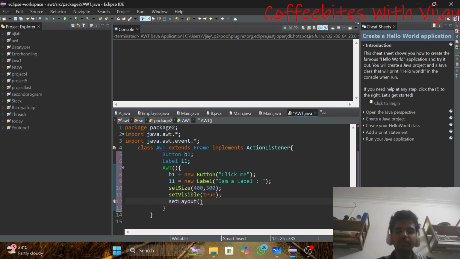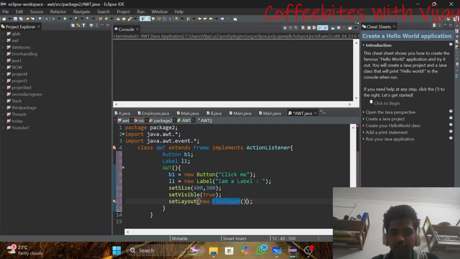Guys, why am I using the set layout? I will be explaining this after a few minutes, because if I tell it theoretically, you may not understand. So I'll tell that later. And new flow layout. Okay, this is not the flow layout.